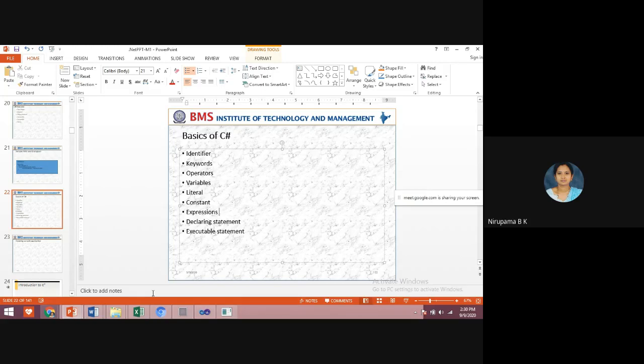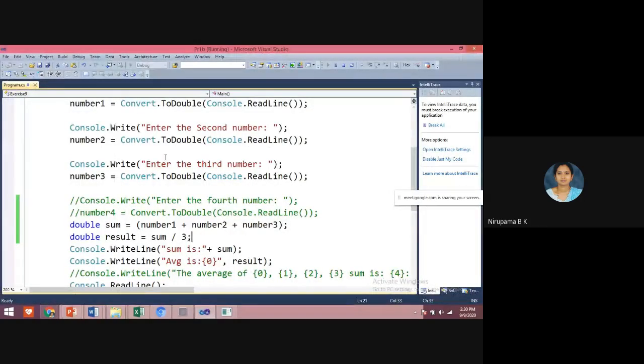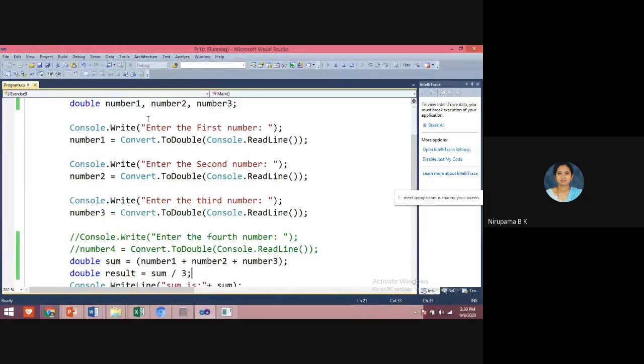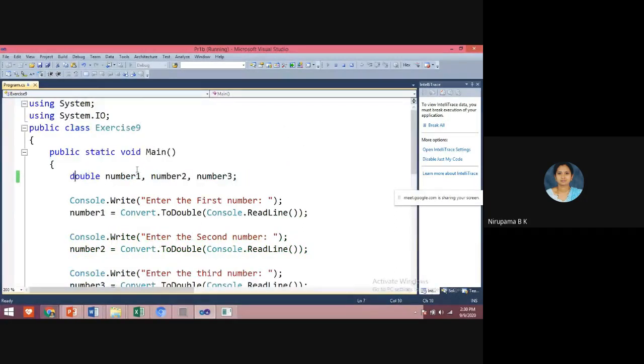Next are declaration statements. What are the declaration statements? The variables which we declare in the program. Just now I showed this program. See, this is nothing but a declaration only. Here I have declared three variables.